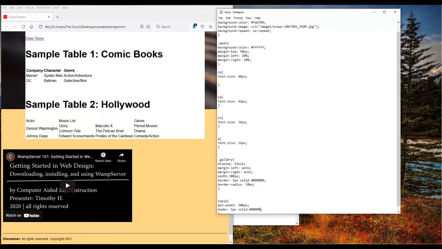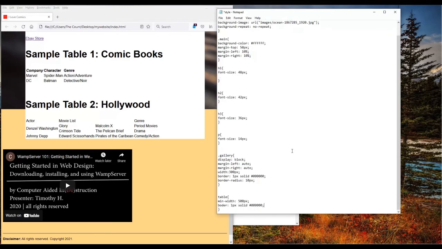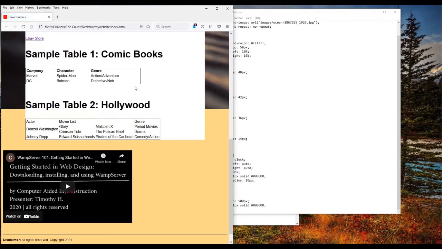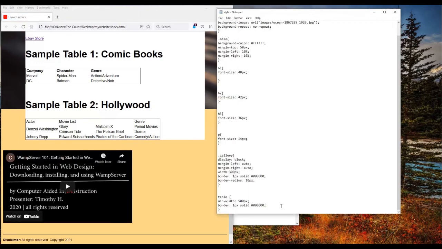I think that's 5. Now let's save it. Okay, I didn't type in border correctly. I was missing a letter. Refresh the page. So one thing that's really interesting about the table